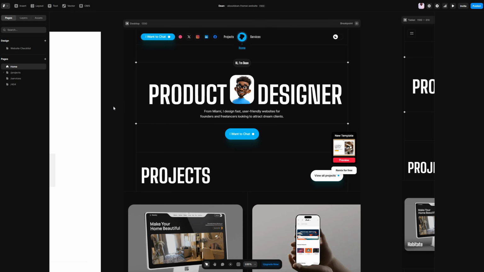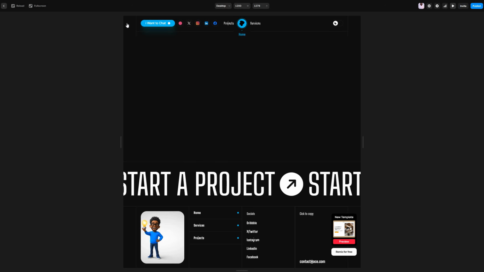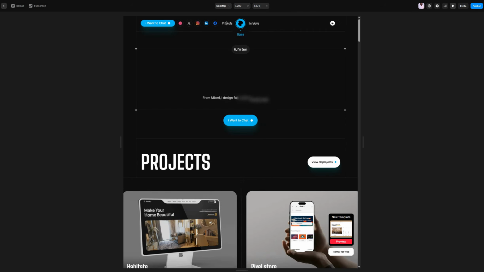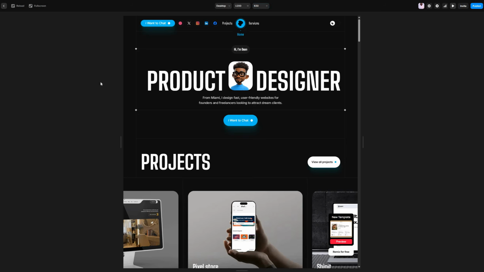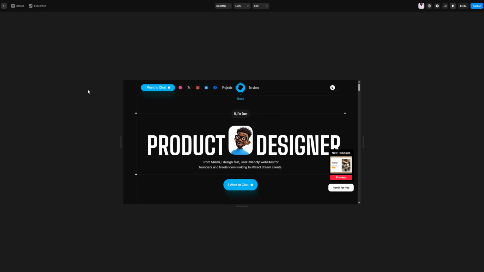The way to get that image is this. Go over here, click on it to preview the website. After you've previewed the website, change the height to 630. Then use a snipping tool to screenshot this part and save it. You're going to use it for the social image. Once you screenshot this,